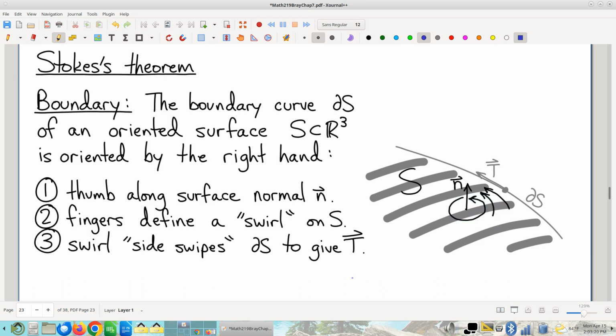Okay. By the way, one thing. Oh yeah, question. So we have to follow the normal though, right? Like if the normal is going down. Yeah. That's the thing. That's right. So we start with an oriented surface. Surfaces could be oriented who knows which way. It's perfectly allowed for a surface to be oriented downward. So whatever direction, let's say it's oriented downward, then look at my fingers. They're going to be swirling the other way, and then it'll side swipe the other way. That's right. Okay, that's good. So that's the convention.